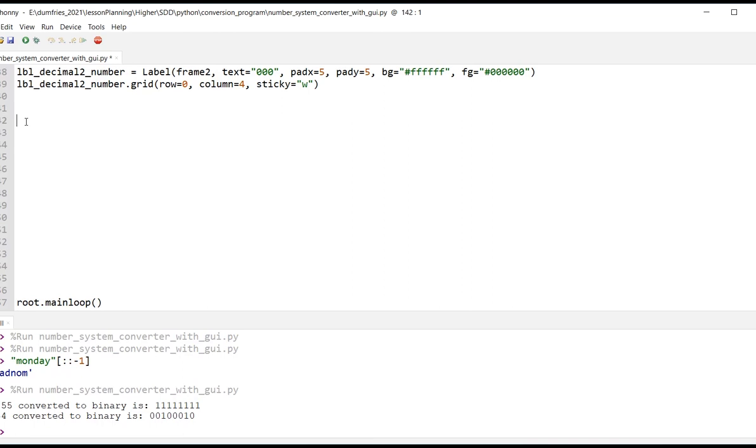So we're now going to format the styles. So we defined the styles, but now we're going to format the widgets with the font styles defined above. Just right, so the first one we're going to say frame 1